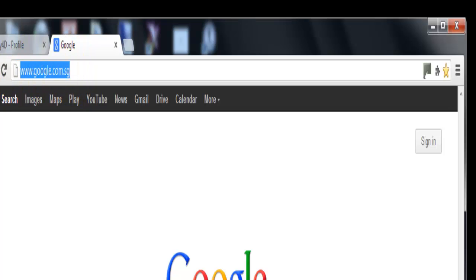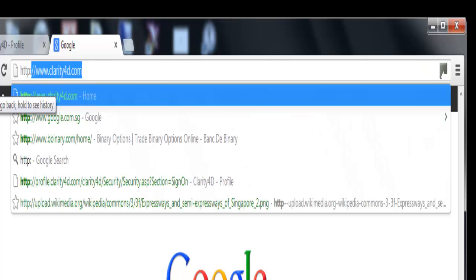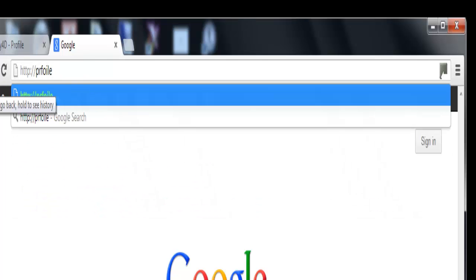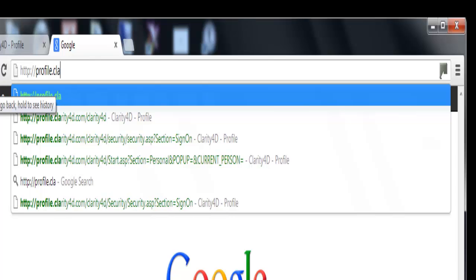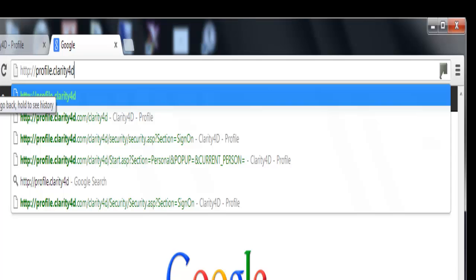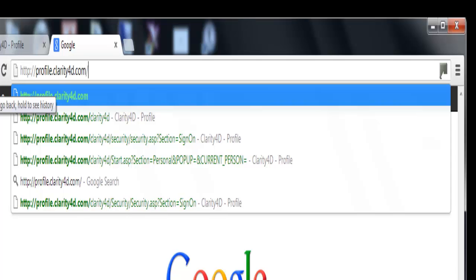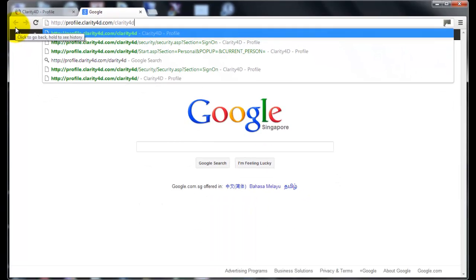And again, it will be in your URL address. If you type in http://profile.clarity4d.com/clarity4d, if I spell this correctly. So if you haven't got that, it's http://profile.clarity4d.com/clarity4d. I know this is a bit unorthodox, but this is another way of getting into the back office where